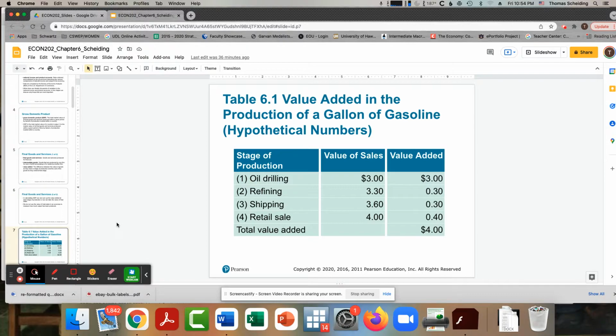So here's the example. We could look at a gallon of gasoline that sells for $4, right? So we could just say, what does Costco gas charge for a gallon of gas? Let's say it's $4. And if you didn't want to count that $4 and you wanted to count it for all the stages, then you would have to add in all the things that have to happen for there to be a gallon of gas. Drilled out of the ground, refined, shipped, and sold. Add each of those up, and it would equal the same thing. Hopefully.